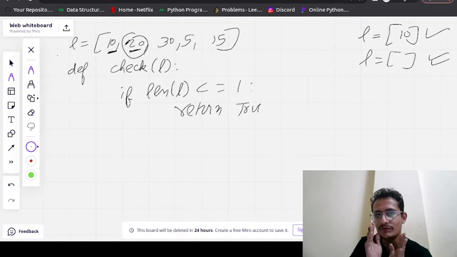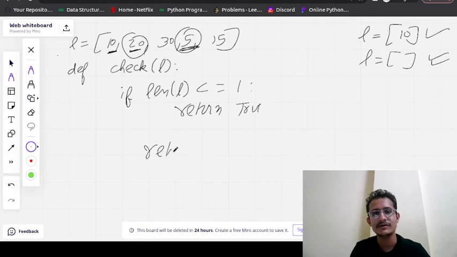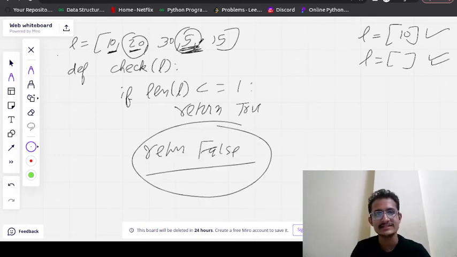Then we will check 20 and 30. In 20 and 30, the next element is greater, that is 30 is greater. Then we will check 30 and 5. In 30 and 5, the 5 is smaller, next element is smaller, so we will return false. As soon as we get the next element smaller, we will return false. Okay, I hope the concept is clear to you.